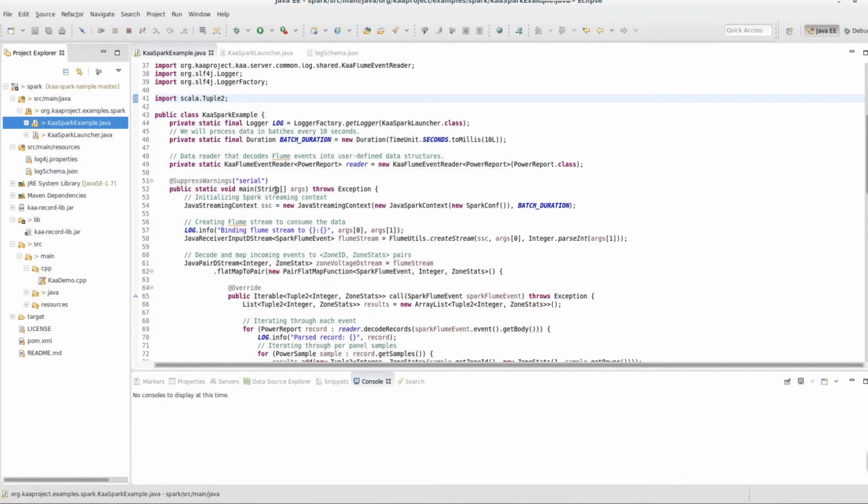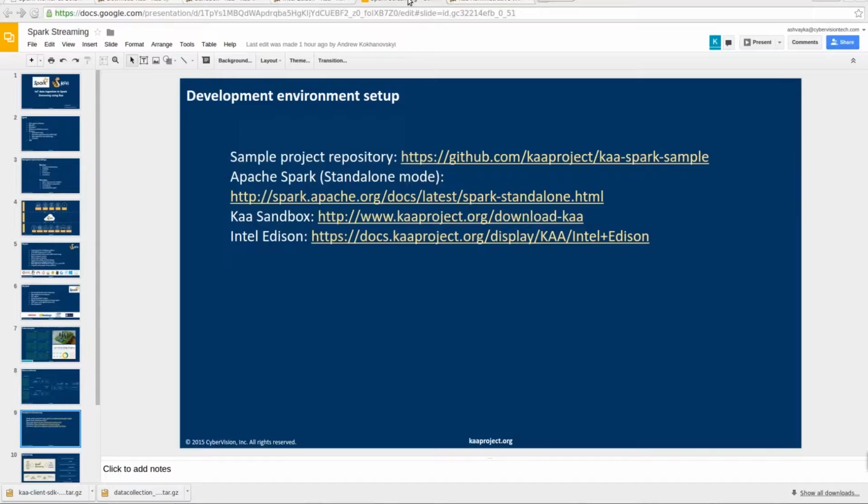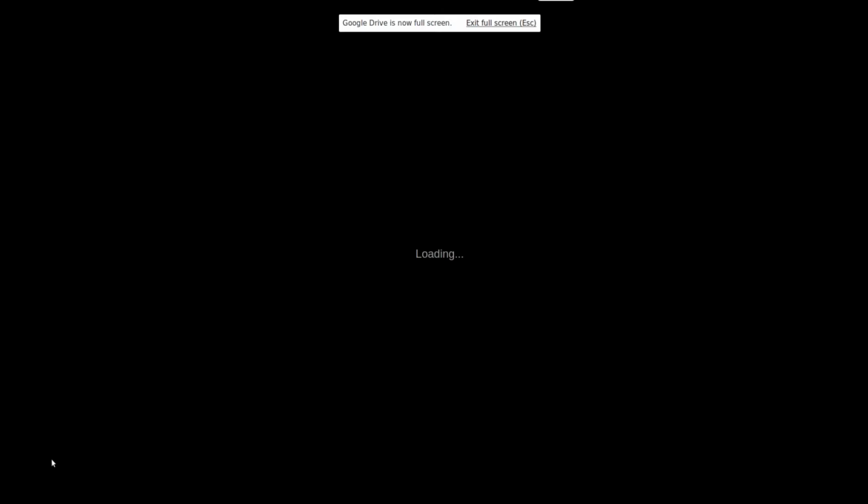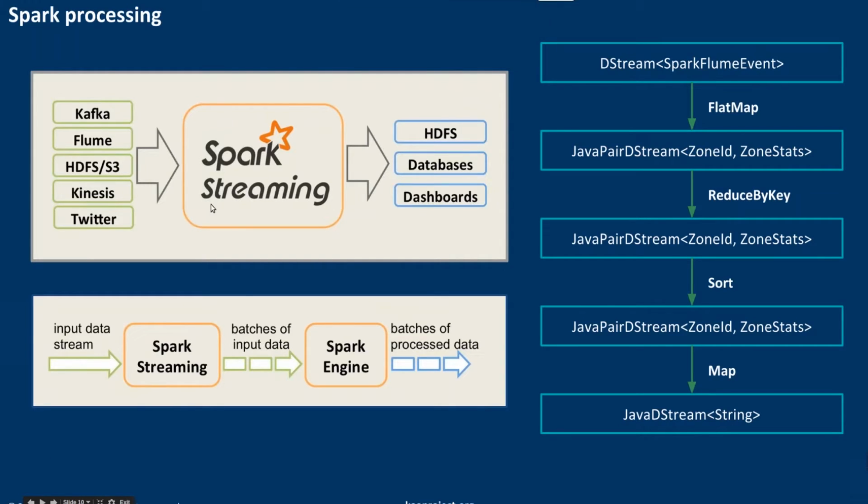Let's review this Spark Streaming application logic and code. First of all, I want to show the diagram about Spark Streaming. Spark Streaming can support a lot of input sources like Kafka, Flume, etc. In our case, we are using Flume in order to deliver data from the Kaa system to Spark Streaming. It is able to analyze the data in batches for a specific time interval and push data to different storages or